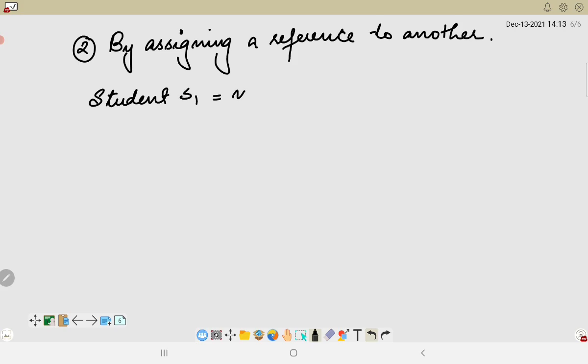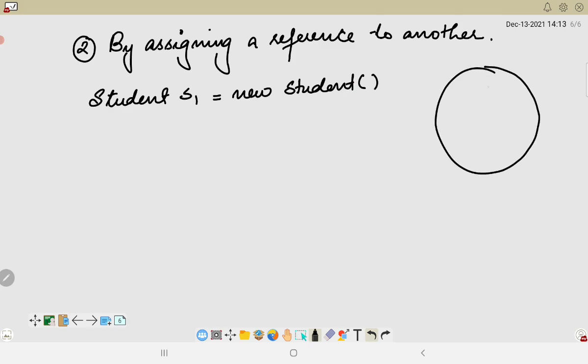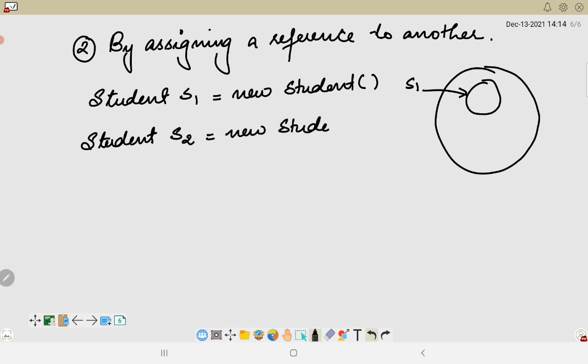So suppose I have Student s1 is equal to new Student. As soon as I do this, an object is created in the heap memory, which is referenced by s1. Now suppose I create s2 is equal to new Student. Essentially there is another object, and this is now referenced by s2. Now suppose I equate s1 and s2.